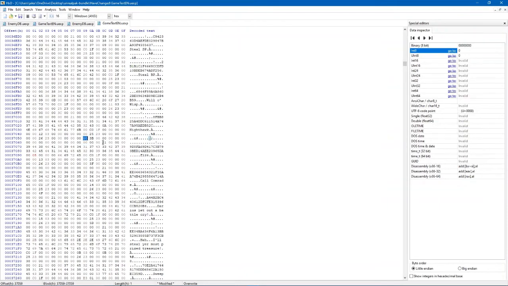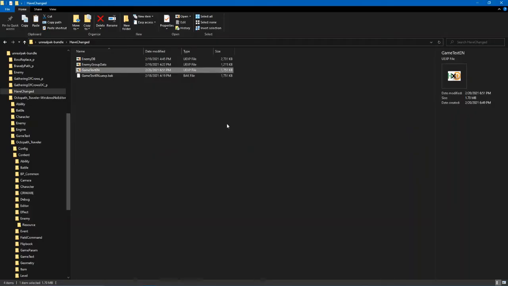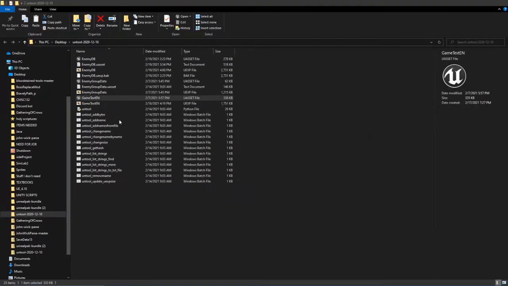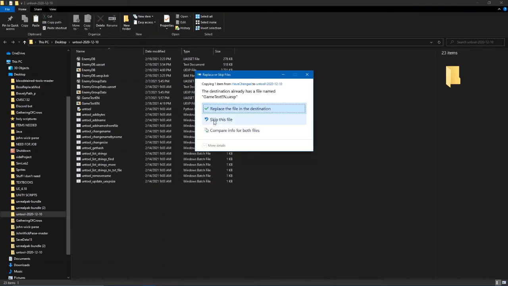9.33. I do believe it is this because there's a lot of zeros leading over here. So I'm gonna say it is this indeed. And that just minus 4 to that one as well, so that should be 55. Let's go. And yeah, that should be it. So I saved that. Should be inside half changed. I copy this, paste this inside here, replace the file,